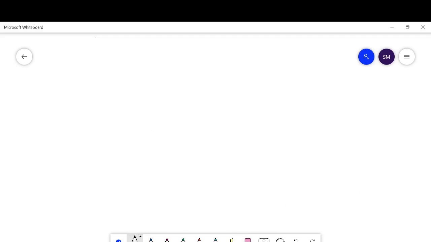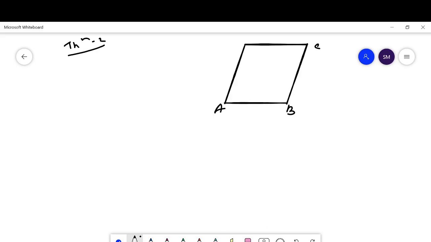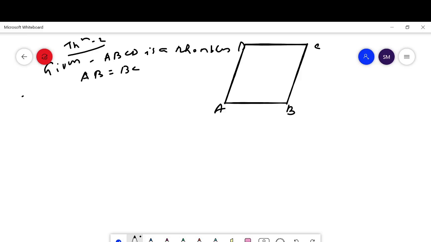Then theorem 2, property 2. Theorem 2 says each of the four sides of a rhombus is of the same length. Suppose ABCD is a rhombus. Then we have to prove that each side of the rhombus has the same measure. The given condition is ABCD is a rhombus and AB is equal to BC. Then to prove that